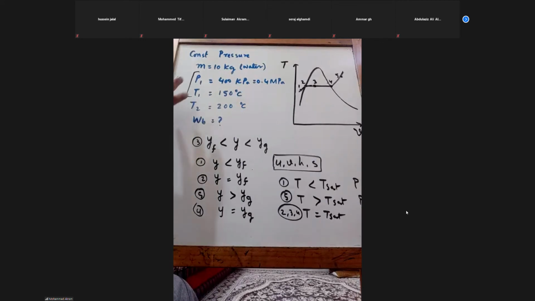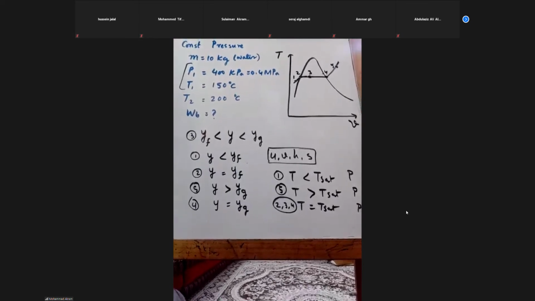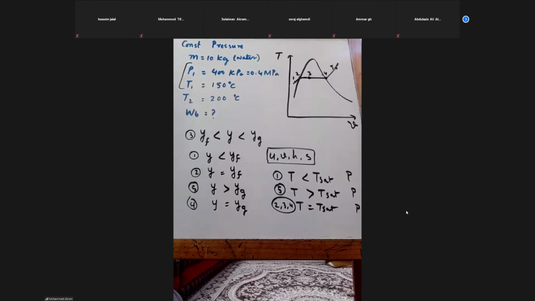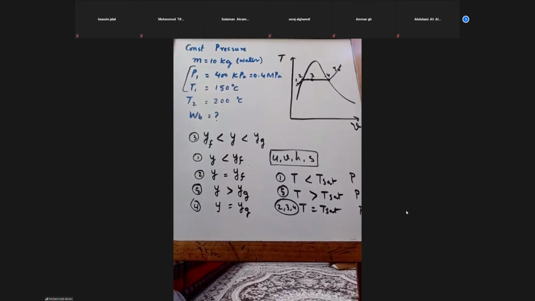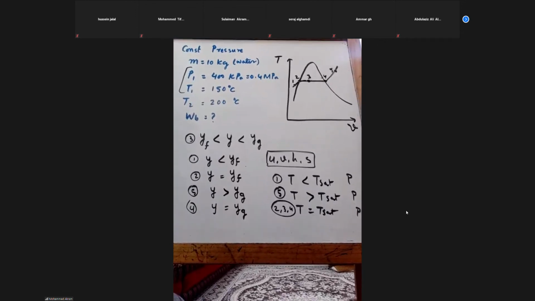Okay, now let's see. For this, please go to the pressure of 400 kilopascal in the thermodynamic property table, and check how much is the temperature given for T saturation. Doctor, can you move the board back? Is that clear? Yes, thank you. No, the previous position. Okay. Yes, thank you.